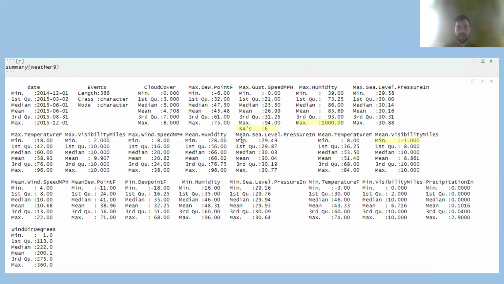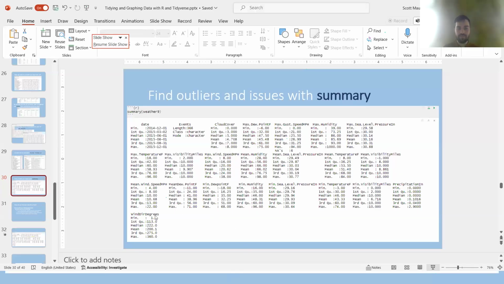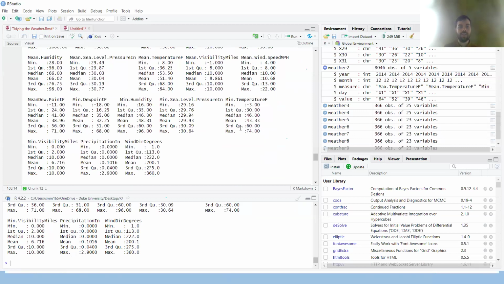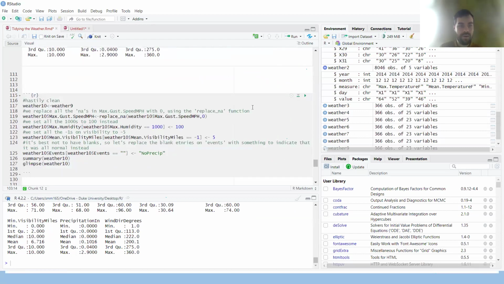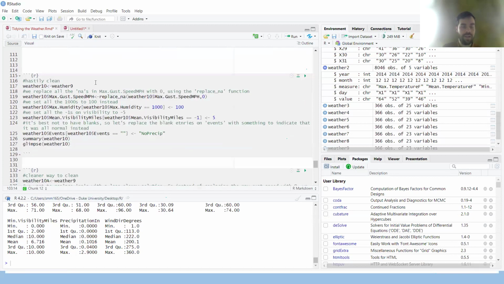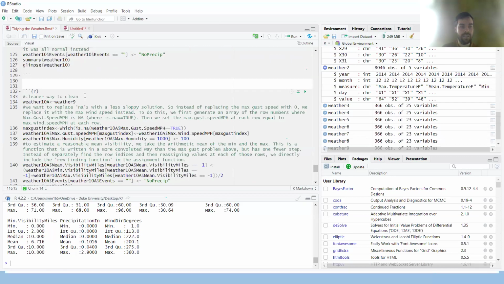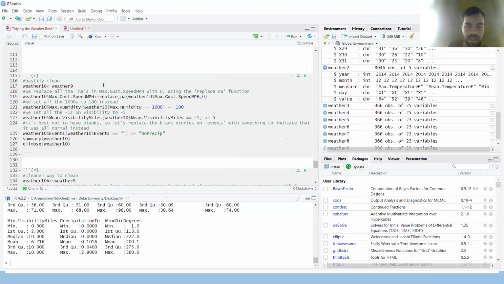So let's take a look at how to fix those. I have two different ways of doing this here: a hastily cleaned way and a cleaner way. I'll go through the hasty way just to show you how we might do this. This is not a good example, but just to show you what we might do. Don't do this on your own. Take the time to do it the cleaner way. But if you're in a hurry, say 10 minutes before your report deadline is due,